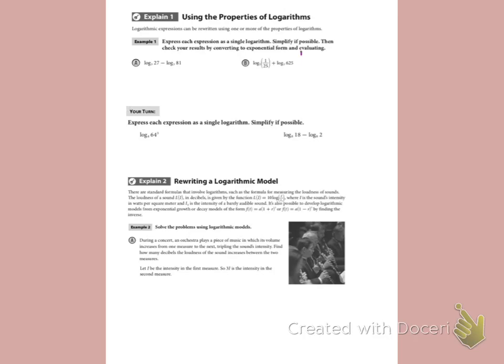So example B is a product property for logarithms, and I can tell that because it's a plus, right? Plus is associated with product. I mean, actually plus is associated with sum, but the product rule is used when we are adding two logs that are the same. I'm going to make up a little different example to go with this first. So if I had the log base 6 of 4, and I was adding that to the log base 6 of 9,